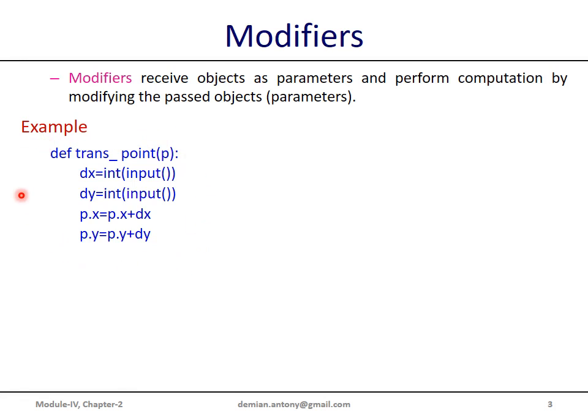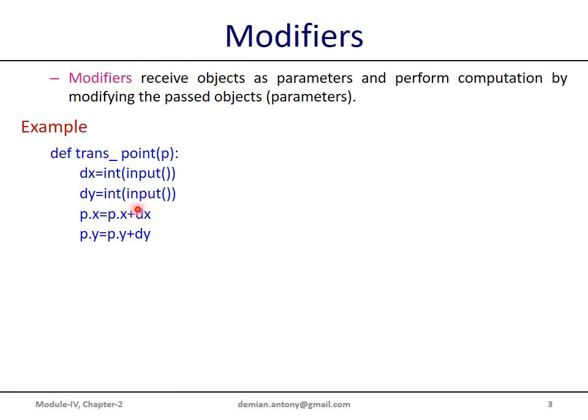What does this function do? This function reads the displacement for the existing point so that we identify the new coordinates. So this function takes one parameter, a point parameter, then this function reads 2 values, displacement values, dx displacement towards x